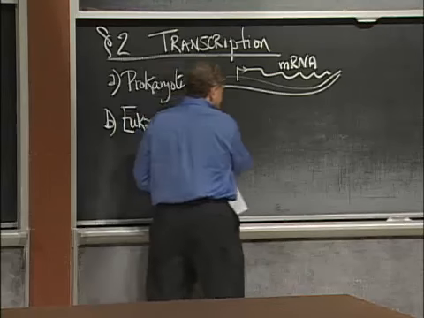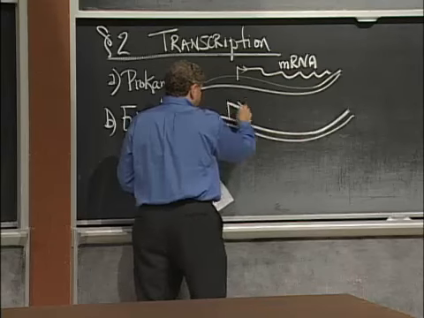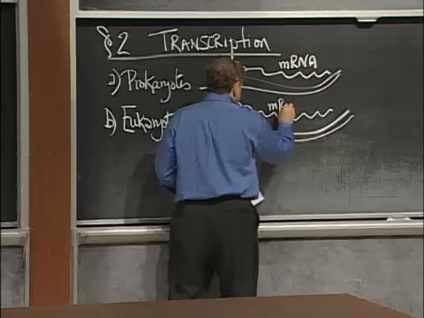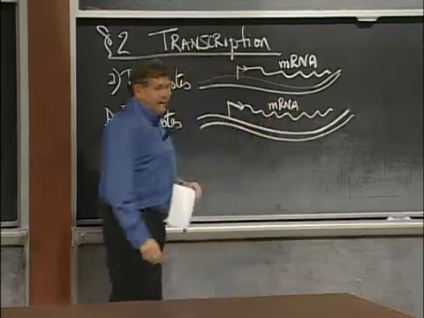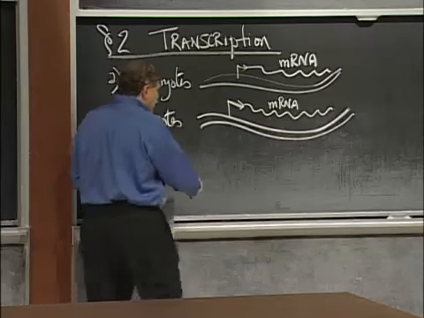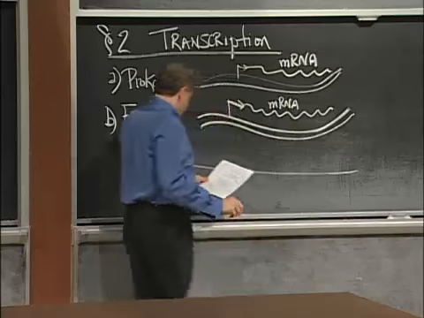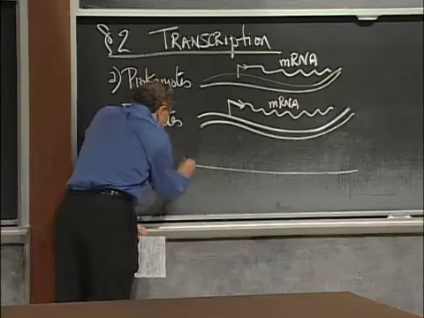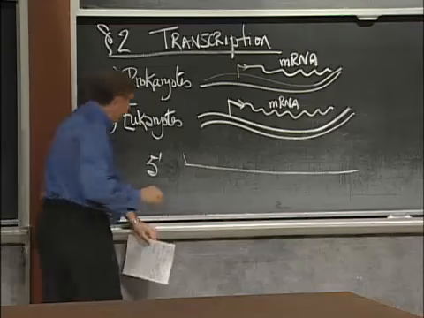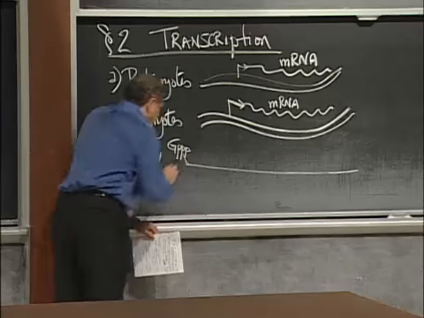Transcription. I have my DNA, I have my promoter, I make my RNA, and my RNA, it turns out, gets processed in all sorts of interesting ways. There are three ways in which a eukaryotic RNA is processed. First, there is a modification put onto the 5' end. It is called